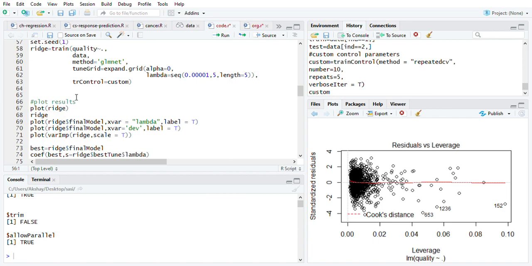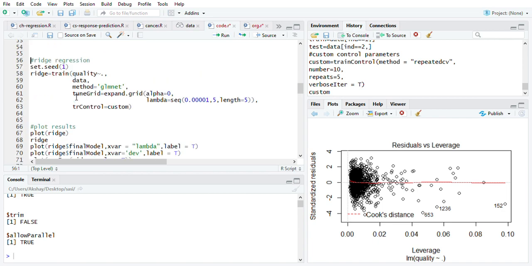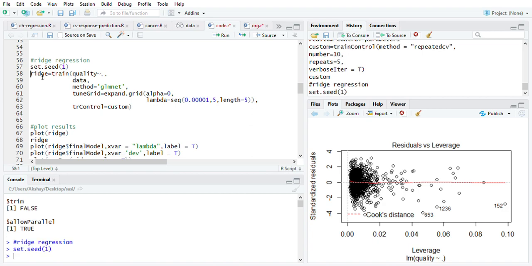Now we are discussing ridge regression. This is the function I am using for ridge regression. If we put alpha as 0, it is saying that it is ridge regression.